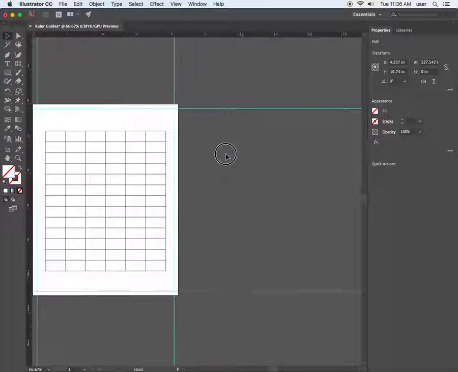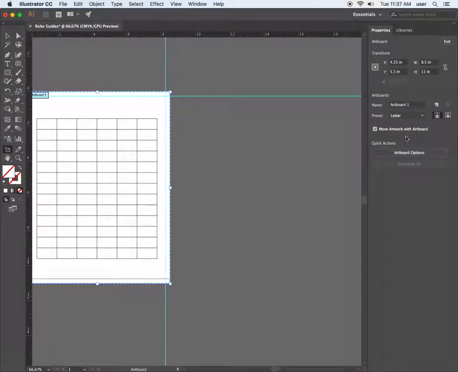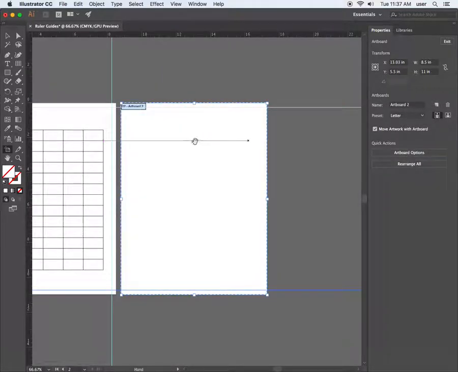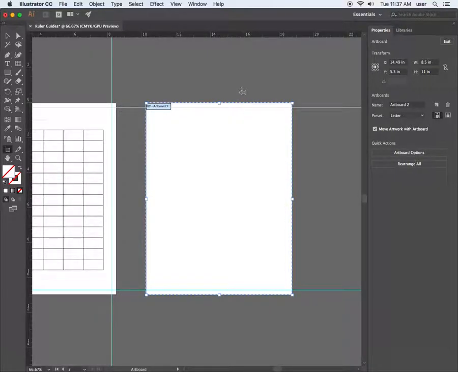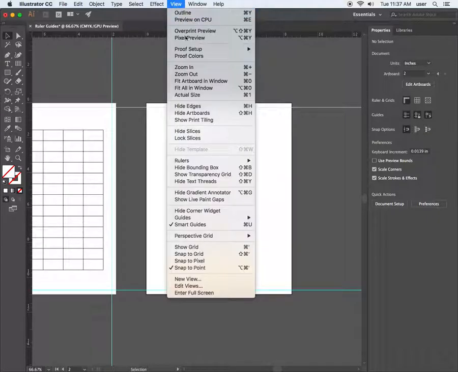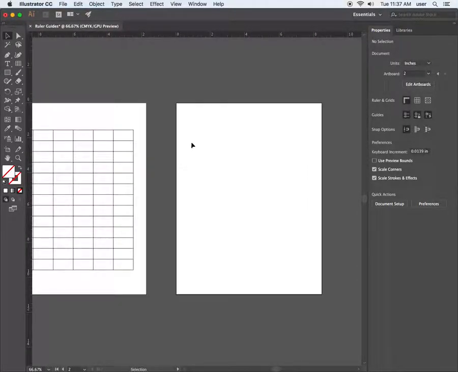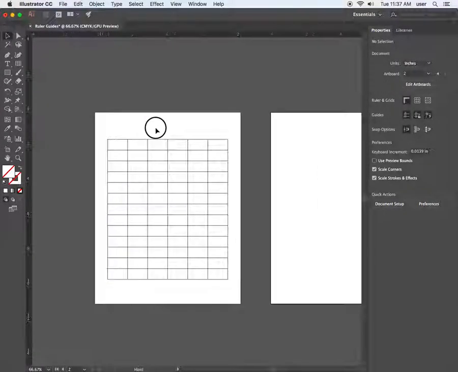Now, the difficult part is when you create another artboard. So I'm going to create another artboard. All right, now this artboard is here, and I'm going to go to View, Guides, Clear Guides. So I take my guides away. Now, when I am here and I'm here,